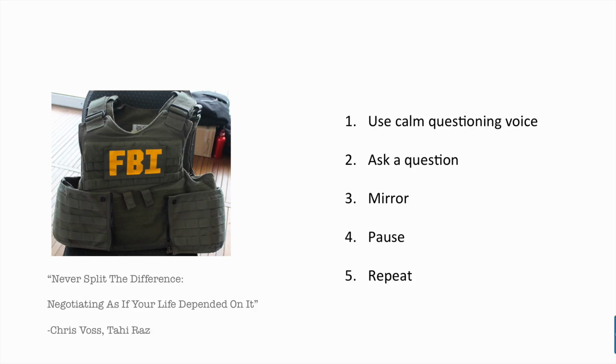Remember, we use that upward inflection when we're asking, that questioning voice, to show that I'm open, I'm interested in what you have to say. And the first thing that he always does is ask, what do you want? I'm sorry, I don't understand. How can I help you? Very open, upward inflection, and then he goes quiet, and he's waiting for the other party to state their intention, and they might say something quite aggressively